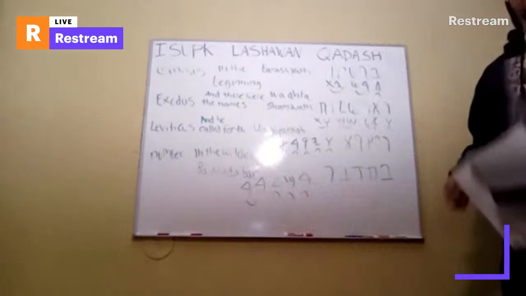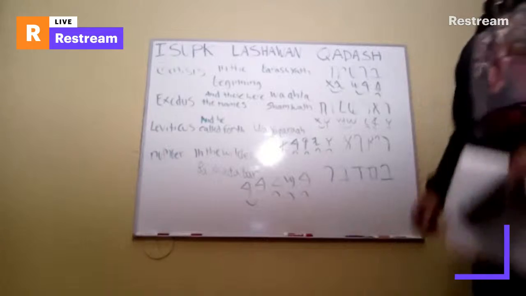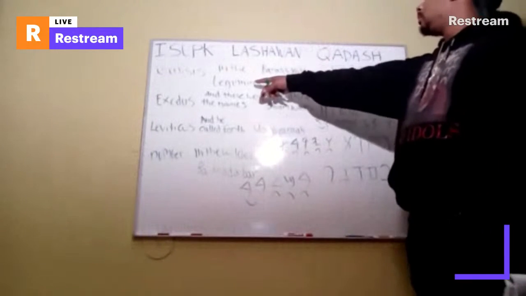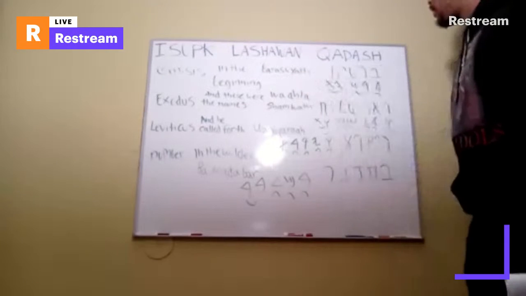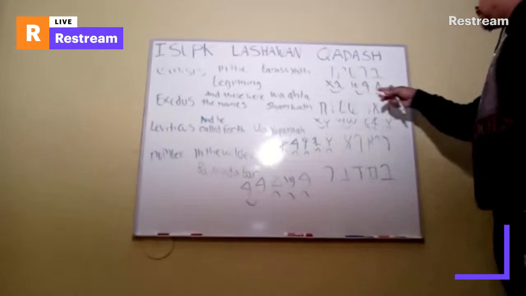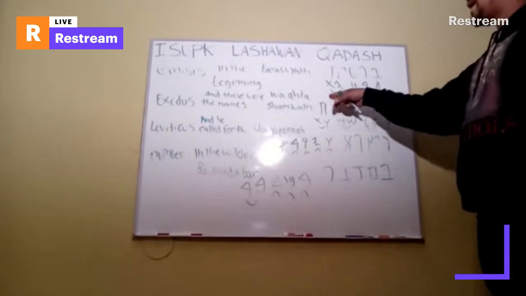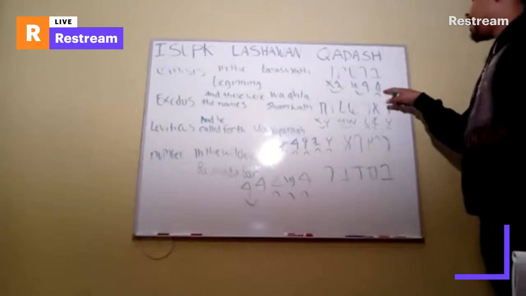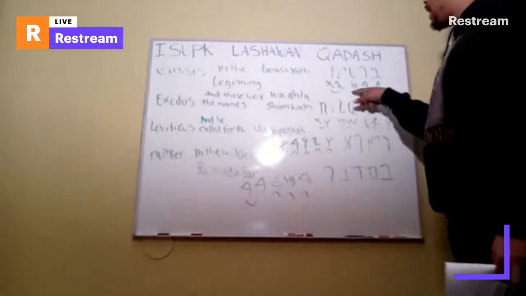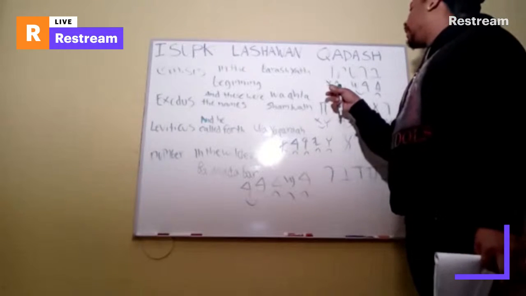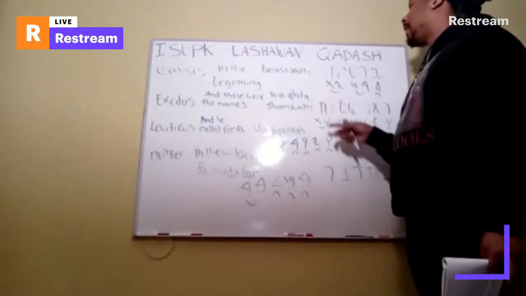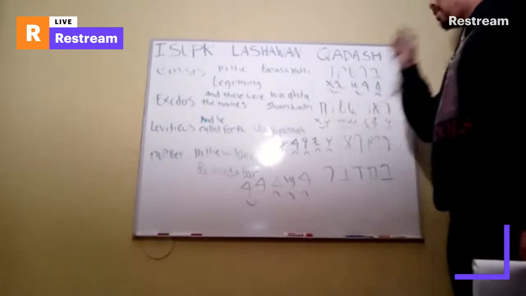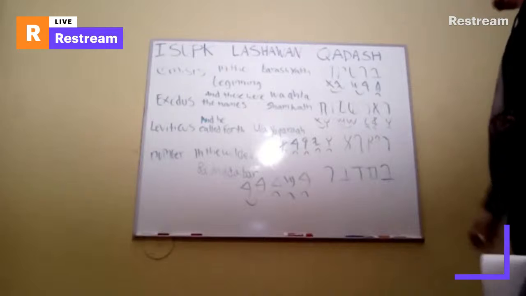Ancient way of spelling it out. Okay, we'll go over these one more time. Genesis, in the beginning, right? Or Barashia. Ancient way of spelling it, Assyrian way of spelling it. The Ra and Sha connect, and the Ya and Fa connect to make Yah: Barash Yah. Genesis, or in the beginning.